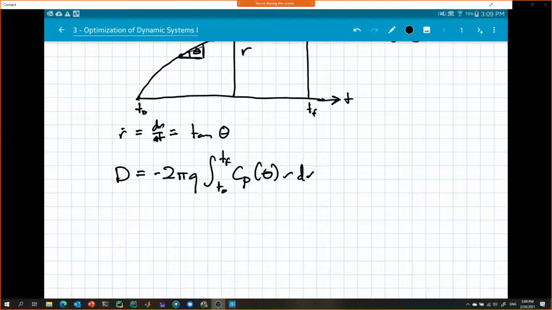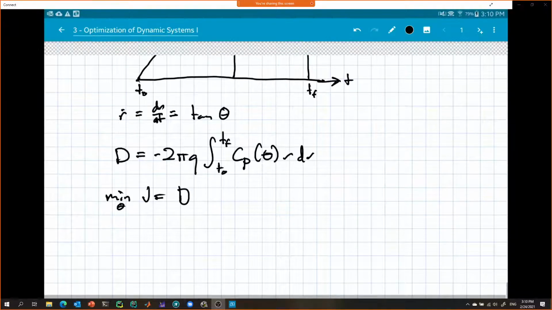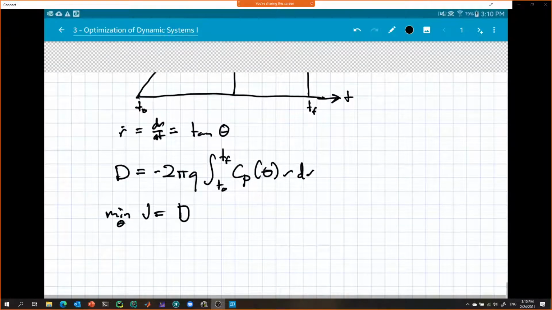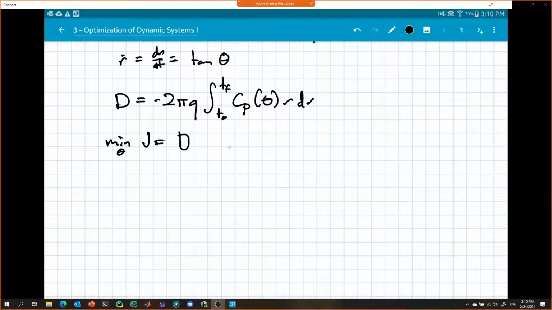So this is based on Newtonian flow. So we can minimize, so I guess in this case we want to minimize drag. So we minimize J is equal to D with respect to theta, because that's what we change. Okay, and then this can be simplified to, well,